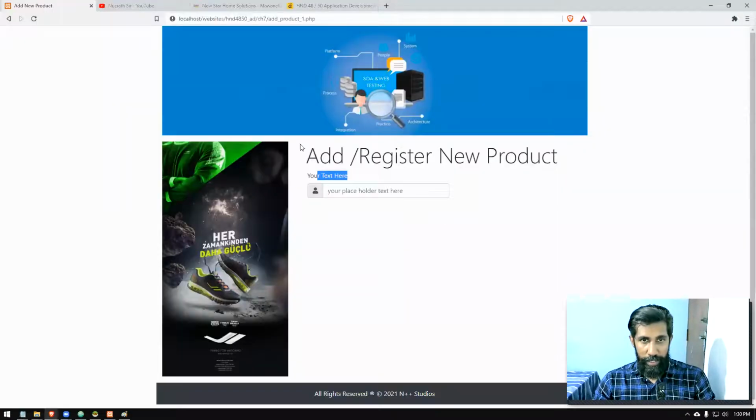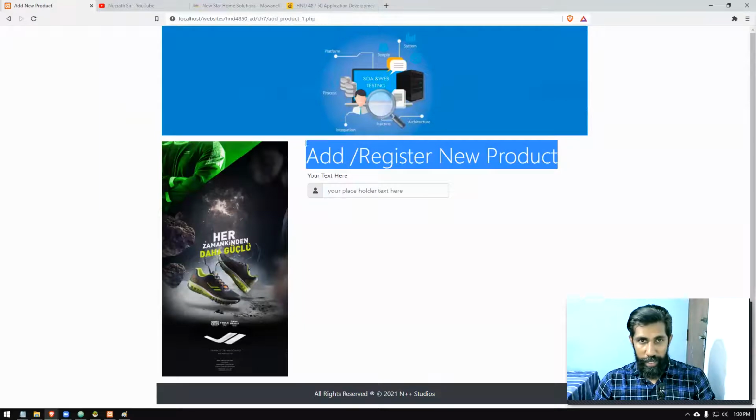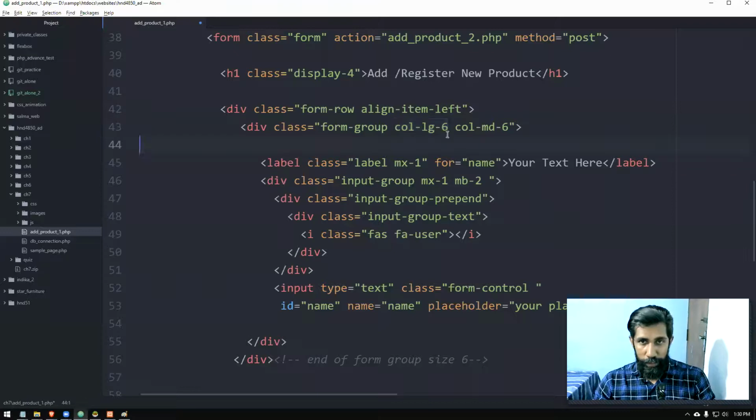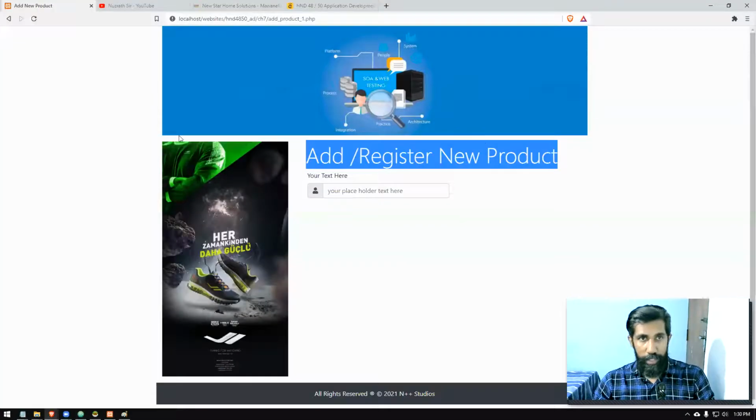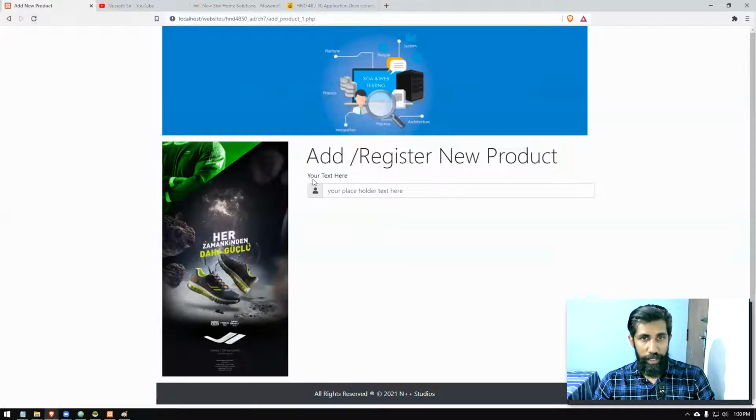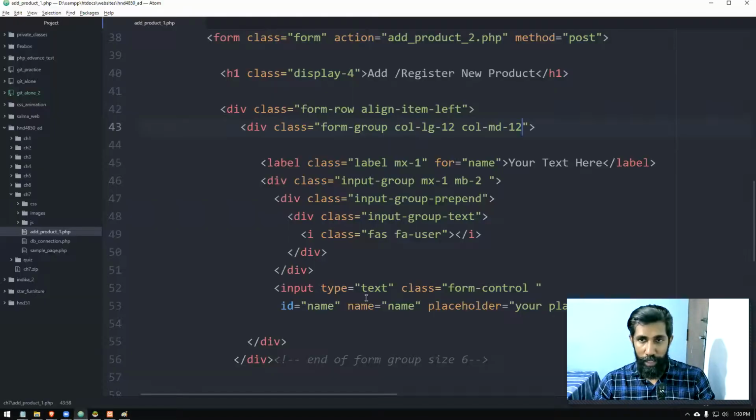That means this is the entire area. From here to here, it is going to divide that section into 12 columns, a grid. That is in Bootstrap, we have already learned it. If you want to see, I can show you. If you give 12, it's going to take up to here. Do you see that? Don't worry, this is going beyond this picture, because the picture I have used is small. Okay. Right.